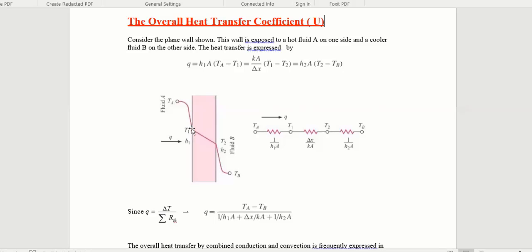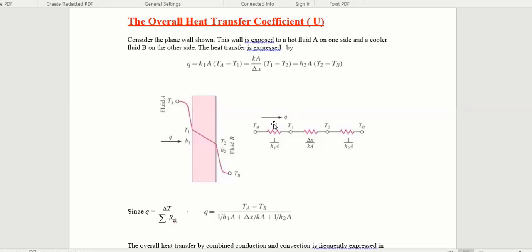Now when the heat reaches this point, you can see the arrow over here, this solid surface will again offer some resistance as the heat flows through the solid. So that is the second resistance. Now the heat has reached this point number 2, T2. Now when the heat moves from this point T2 to the atmospheric air, this atmospheric air will again offer some resistance. So this is the third resistance. So overall there are three resistances, 1, 2 and 3.